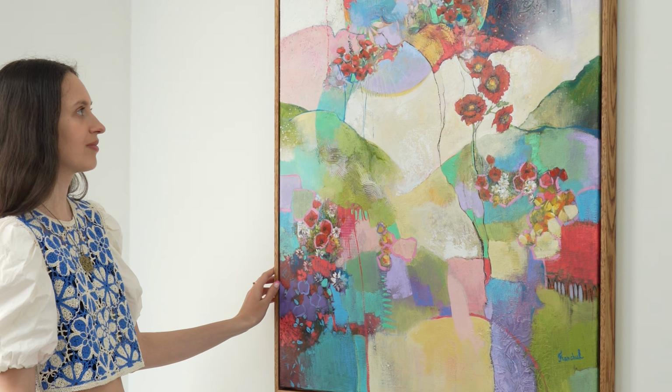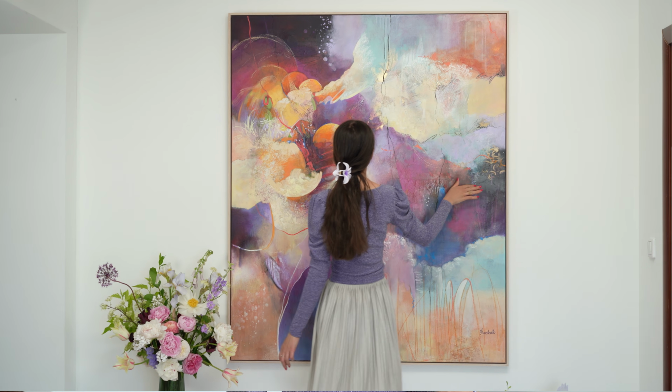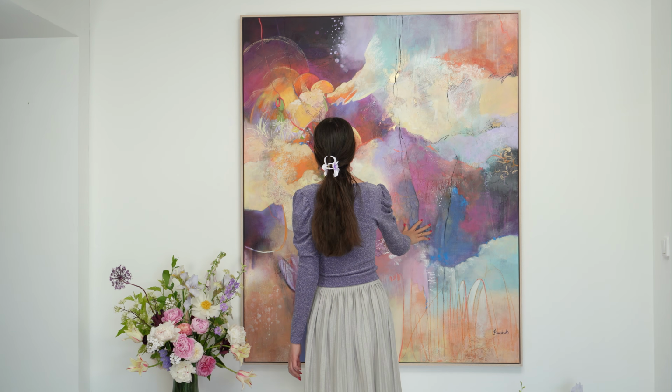This collection is very special to me because it's a continuation of the series Dreaming in Color, and it's my first abstract collection, and I feel super free, and I'm so happy to create in this process. I feel like I'm discovering something that my soul was longing for such a long time, and something that is so universal and speaks to everyone just through color. So it has been also really